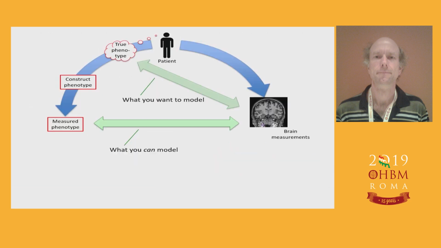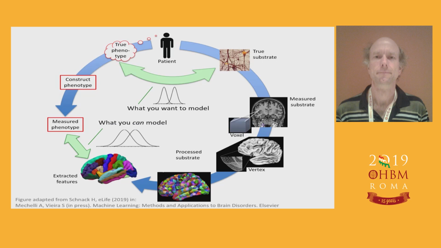So the picture is a little bit more difficult than shown here in advance. If we look at the imaging part, it looks more like this. On top, there's the true phenotype, which you would like to link to some true substrate, your brain cells, your networks in your head. This is what you want to model, but in fact you have to go all the way to measure that